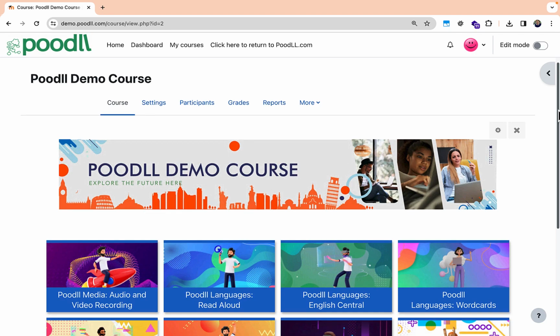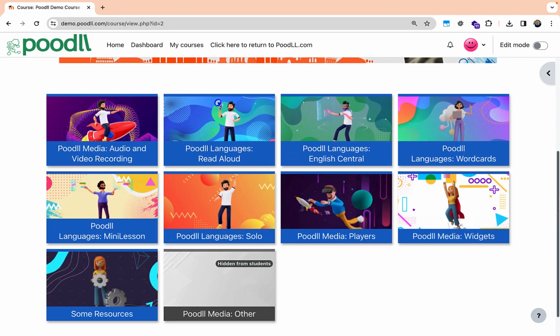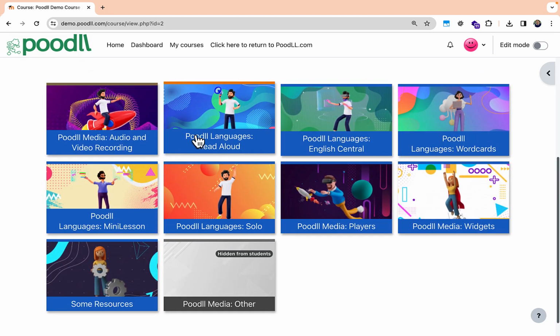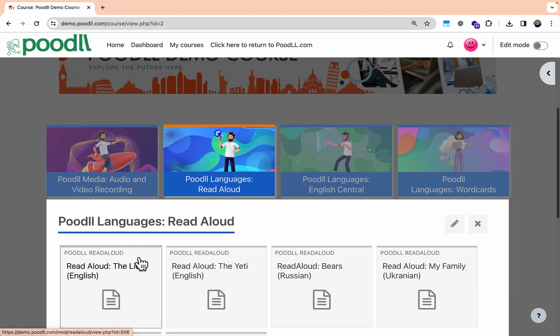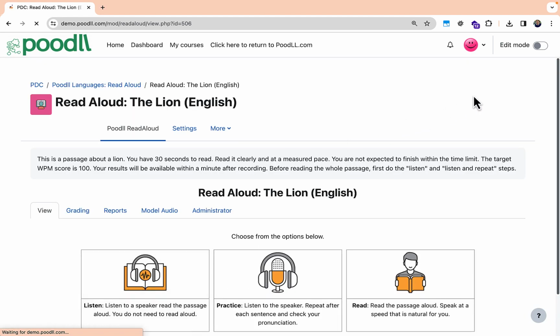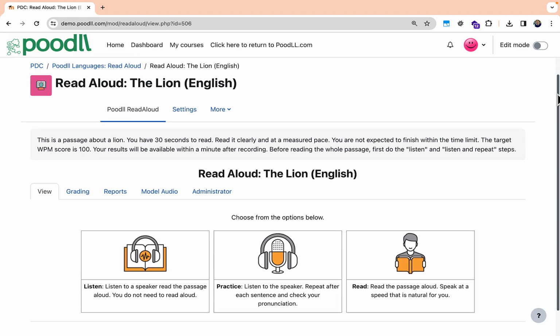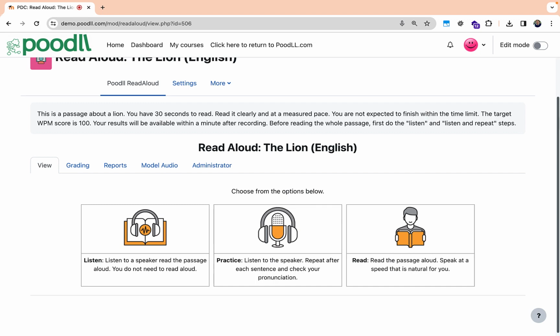And it's organized by Poodle Media and Poodle Languages. And the Poodle Languages activities each have a section of their own. So this is the Read Aloud activity here. Let's go and open that up. So by default, the Read Aloud has 3 phases or 3 steps: listen, practice, and read. And in the listen phase,